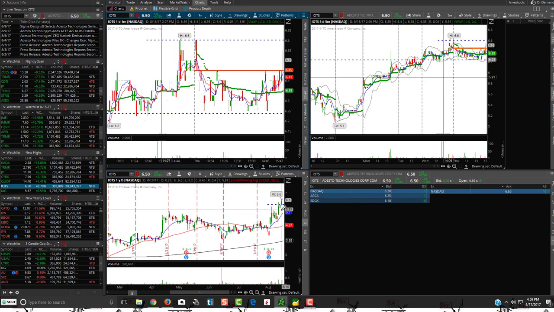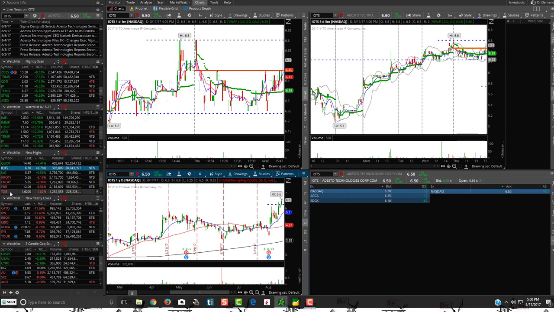You know, there's been at least 3 green days here with a doji. So this one might have a reversal. You know, keep an eye on it down to this right there, the 13 EMA. That might be a decent one to keep an eye on for a potential short. IOTS. And let me see here.